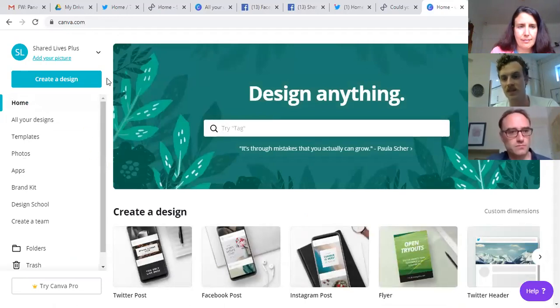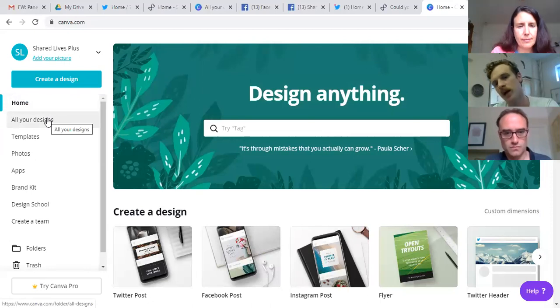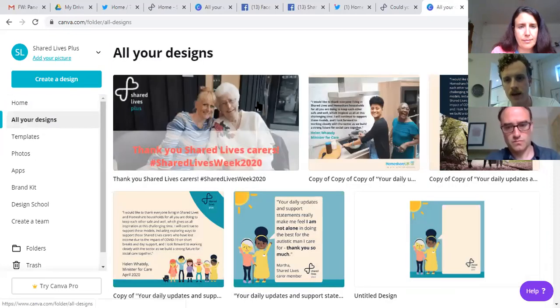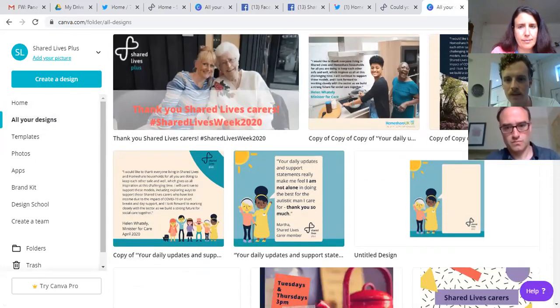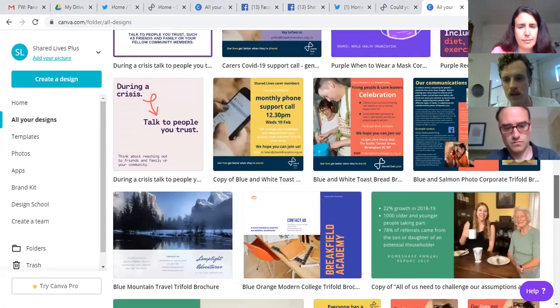Right, so you're right, Phoebe, this is the home screen as you should see it when you log in, as you would usually once you've created your profile. Just show the designs so people can see what we're working towards, where it says all your designs. When you've been working on Canva for a while, it saves all your designs and it saves the different elements that you put together in your designs as well. So if you click all your designs, this is like the library of all the stuff that we've created and posted on here. As you can see, there's quite a lot.